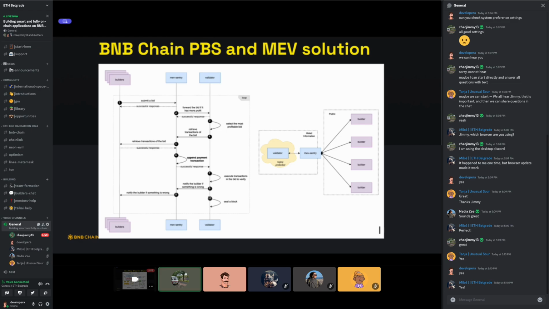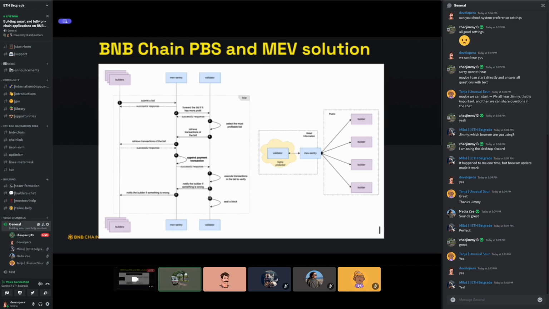Actually, each builder can separately register itself for different validators, and after the registration, the builder can submit the bid through the MEV Sentry, which is a protection between the validators and the public network. And the MEV Sentry will forward that request to the validators. And the validators will select the most profitable bid from different builders to decide which transactions will be included in the next block.